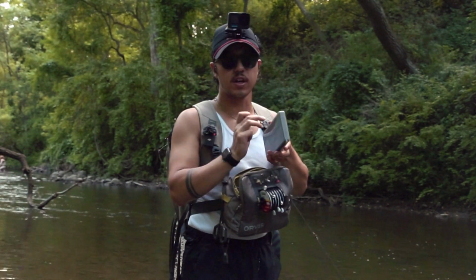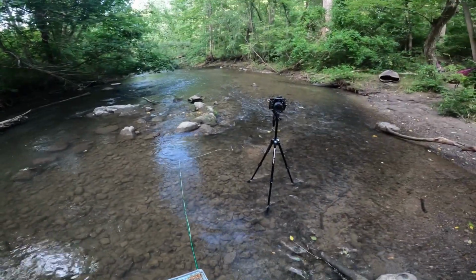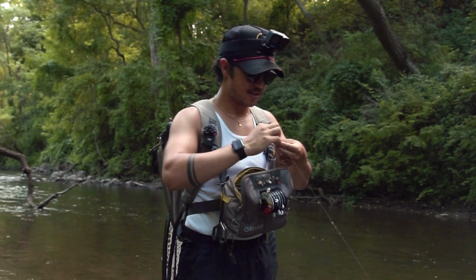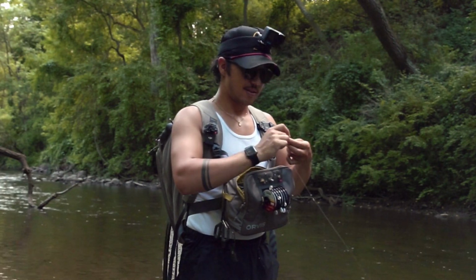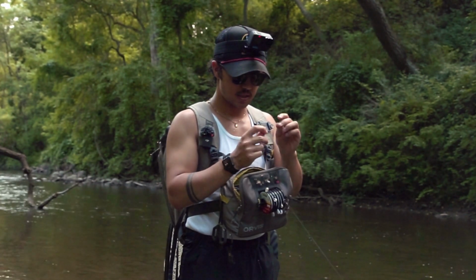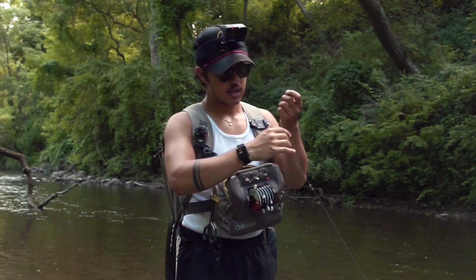Now there's a ton of stoneflies, freshwater shrimp in here. Definitely a lot of smaller species. We don't have big bugs in this creek. Really, the pattern here, if you just keep it buggy, you'll most likely catch a fish throughout the day. So it's not like you've got to be really, really specific with your entomology. You can kind of guess a little bit, focus on your float, and